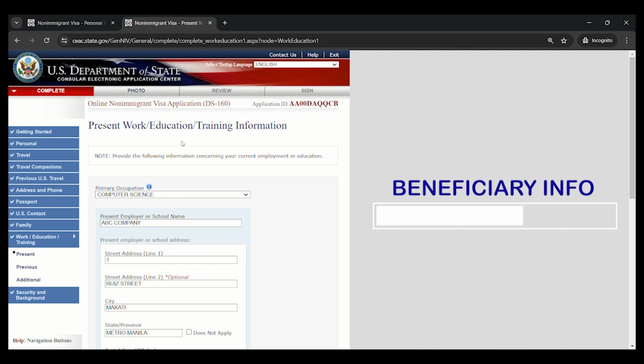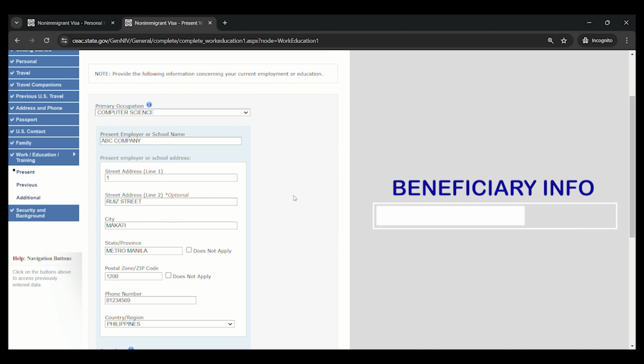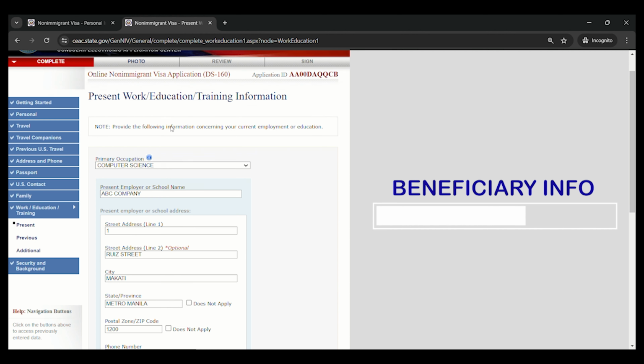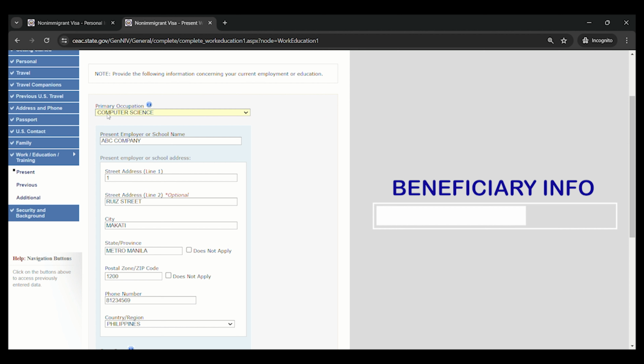and the next would be the present work, education, training information. Okay, so provide the following information concerning your current employment or education. Number 1 question is, what is your primary occupation? This is for the beneficiary, okay? So what is your primary occupation?